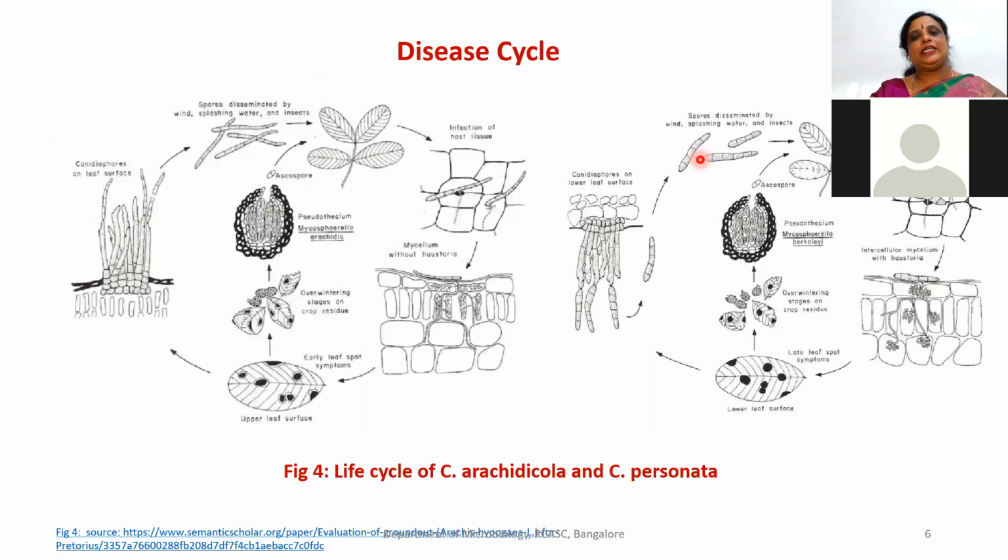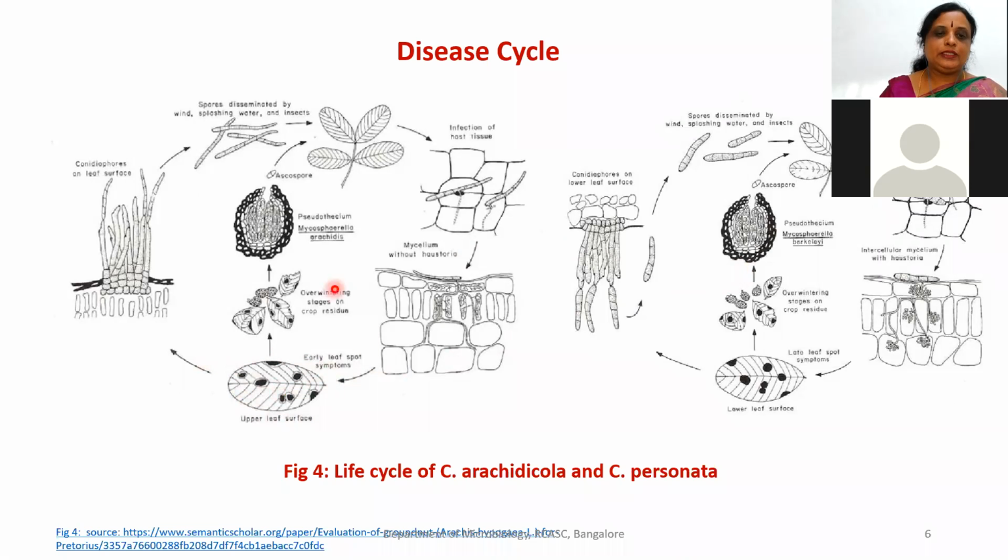So now let us study how this infection can happen. Let us study this disease cycle. This is the cycle of Cercospora arachidicola, and this is the disease cycle of Cercospora personata. As you all know, Cercospora arachidicola causes early leaf spot and Cercospora personata causes late leaf spot. So here,